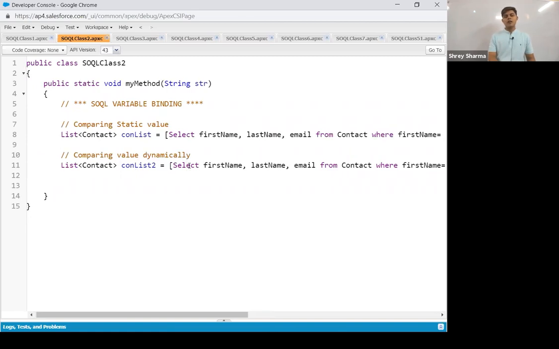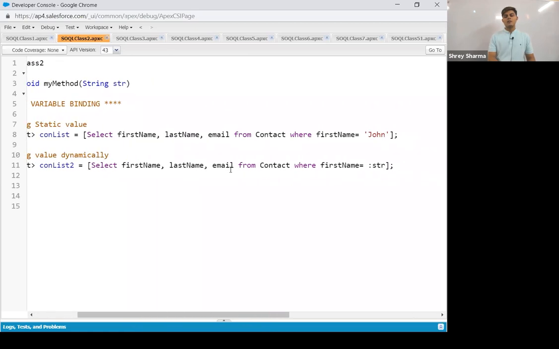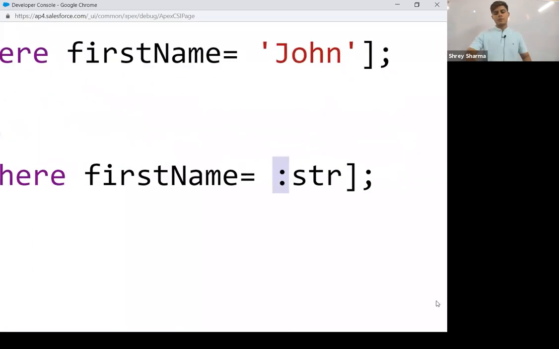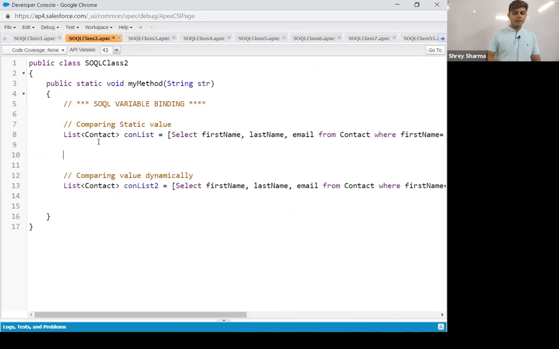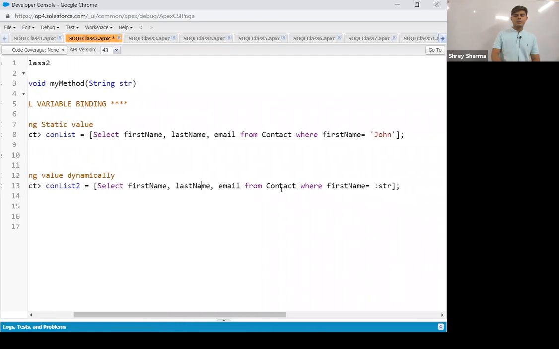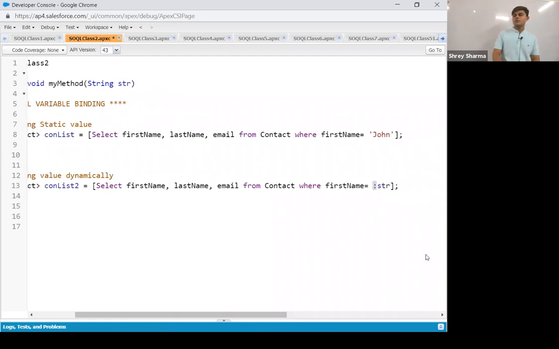This is how we can do that. Select first name, comma last name, comma email from contact where first name is equals to str. But before str, there is something. Have a look. What is it? Colon. Why? Because the variable names that we have in the Apex program cannot be identified inside the SQL query unless we specify this colon.